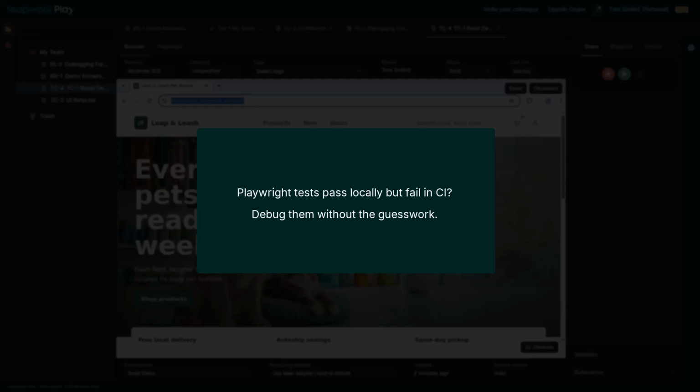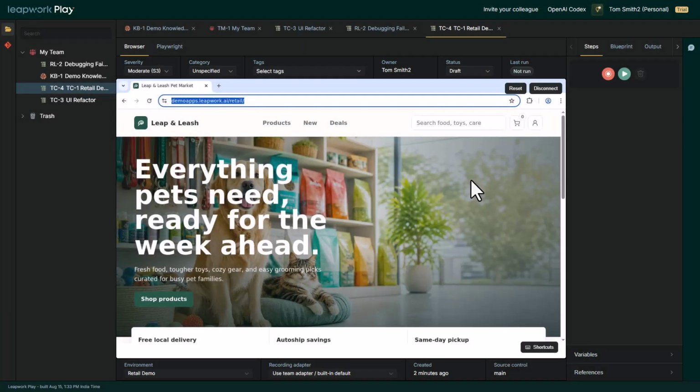Did your Playwright test pass locally but fail in CI or CD pipeline? Let's fix it with Leapwork Play. And you don't have to run these tests manually. Leapwork Play can be triggered directly from your CI or CD pipeline using an API, making it easy to fit